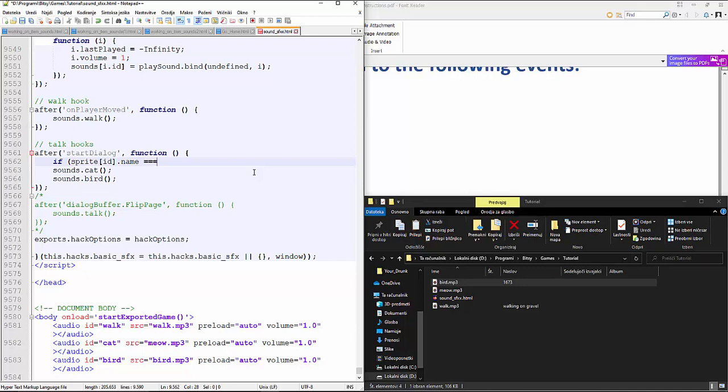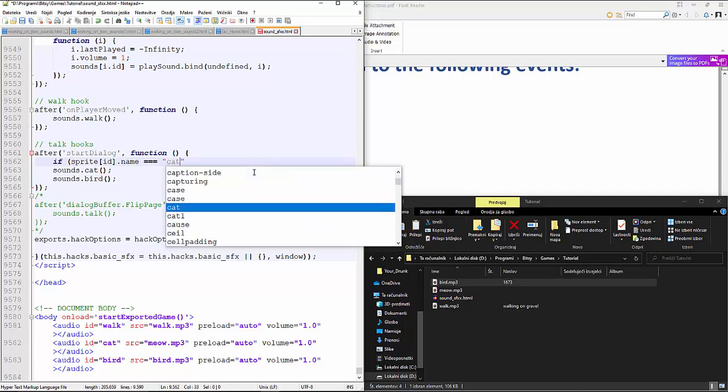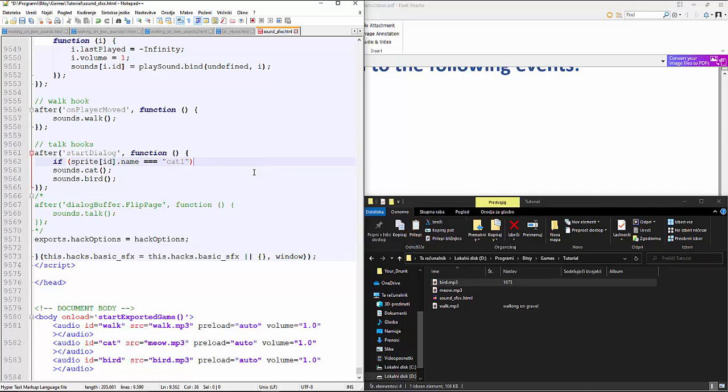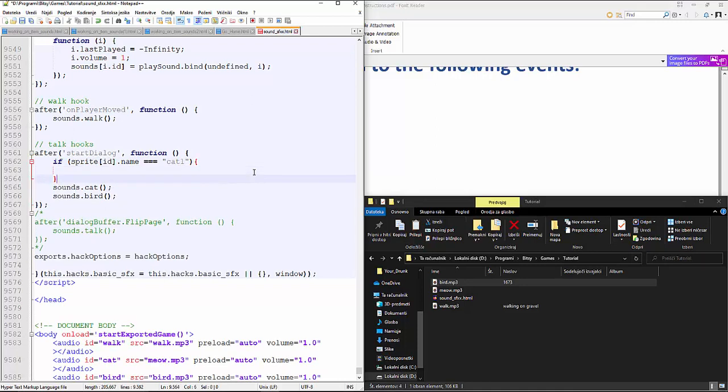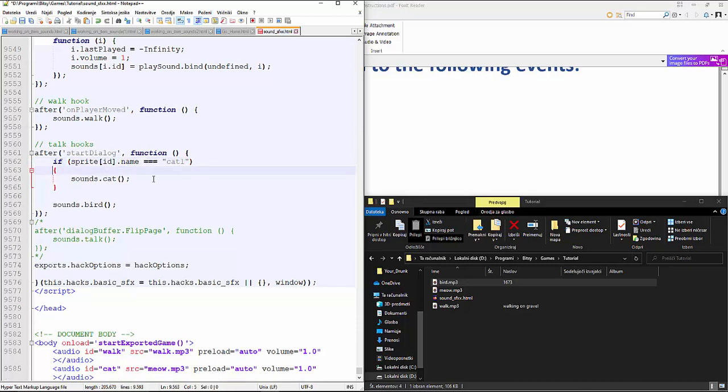Just make sure it's three equals. And the quotes. We've called the cat cat1, so it has to be like this. So if the cat sprite ID name equals cat1, I'm not going to explain what anything means, but if you have different sprites with different names, like cat, cat1,